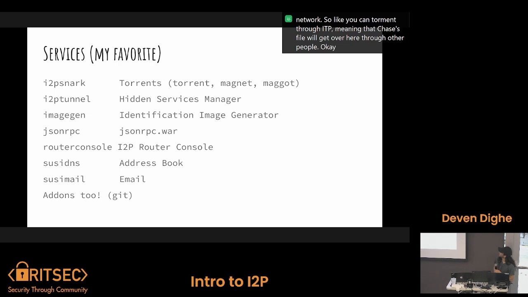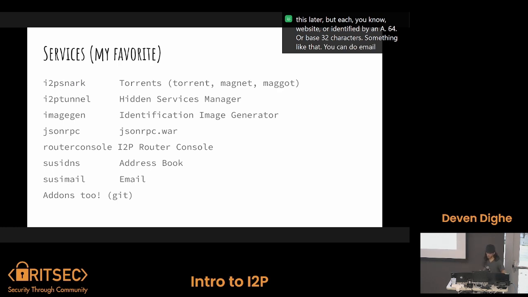You can have service managers, image generators, identification generators, JSON RPCs, router consoles hosted locally, and address books for looking up other people's sites. I'll explain this later, but each website is identified by base 64 or base 32 characters, something like that.